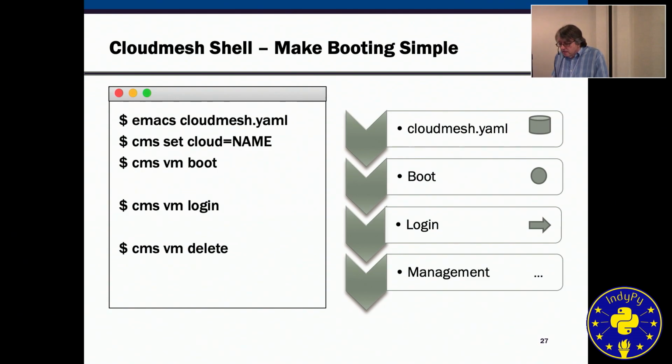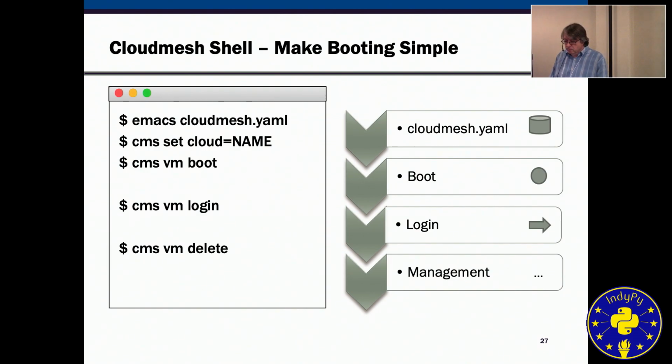So the next thing is when you look at the Python API to boot this thing up, you will find that you have to deal with security groups. You have to deal with keys that you may have on your local machine and stuff like this. And if you have a key on your local machine, the only thing that you have to do with us is actually saying CMS VM boot, and it boots up the virtual machine. I have actually here a slight error. It's actually CMS VM SSH. We used to have a login, but I've replaced this with SSH.